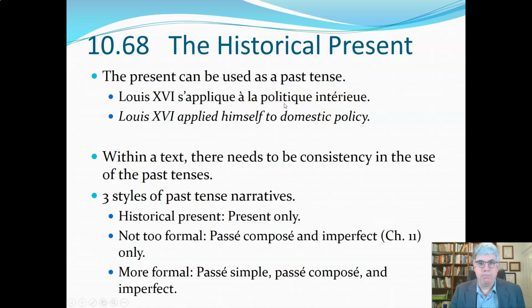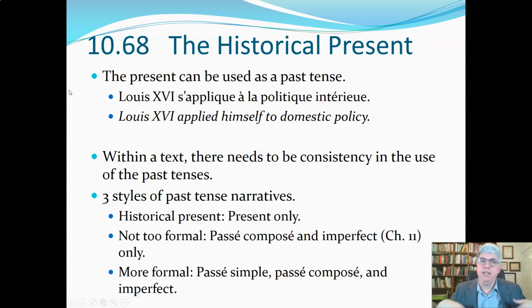Politique is politics or policy. Intérieur would be domestic or interior. So literally it says Louis XVI applied himself to domestic policy, or applies himself to domestic policy, but the